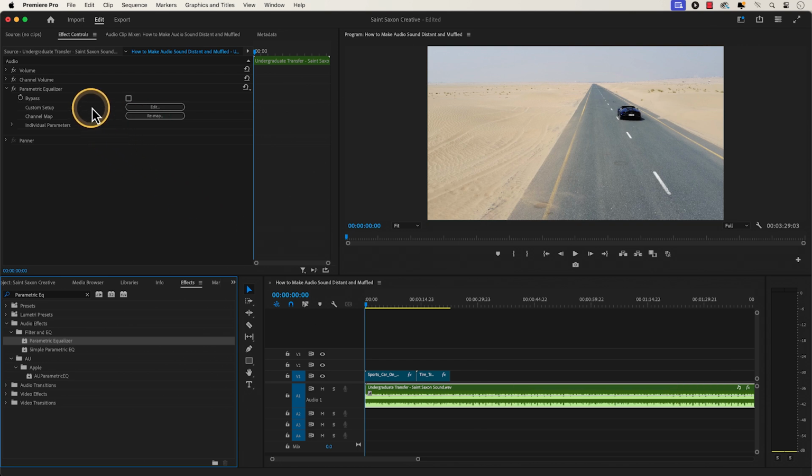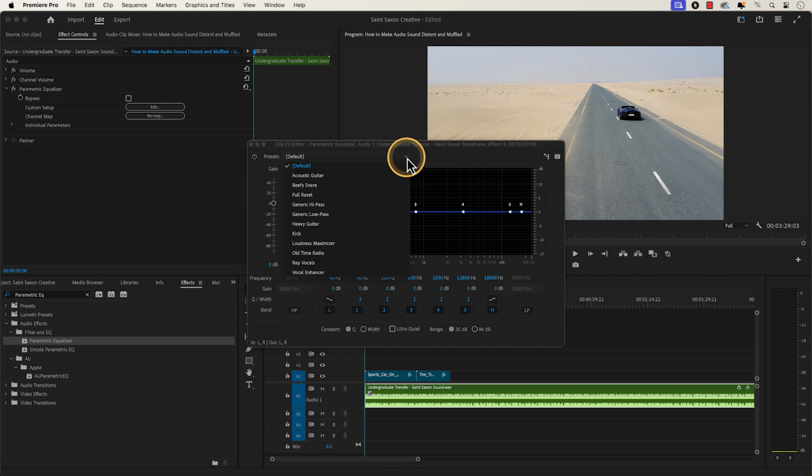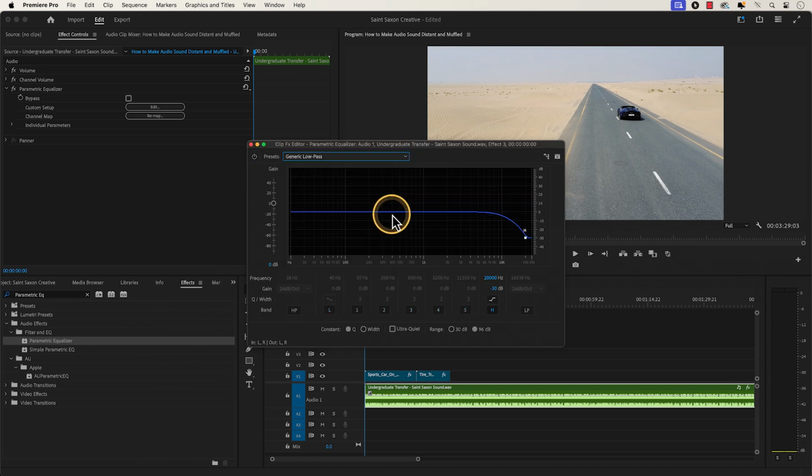setup, and click on the edit button. The clip effects window will appear and go to presets and select generic low pass. Then go to frequency and type in 914 Hz. And for the gain, type in -32.8 decibels. This will give you a good starting point of making your audio sound distant and muffled, as every